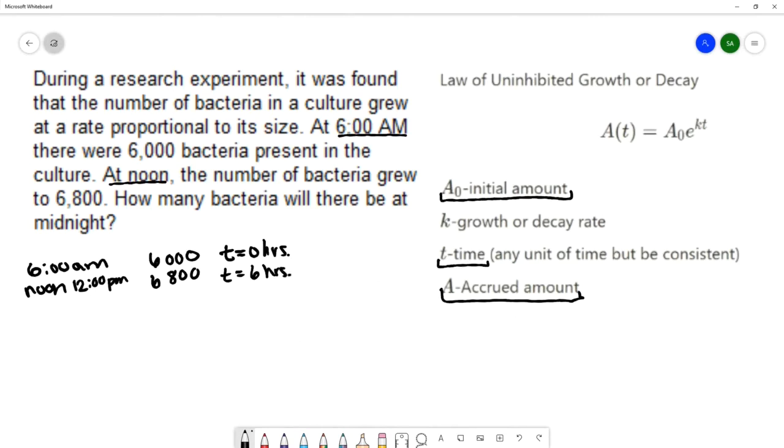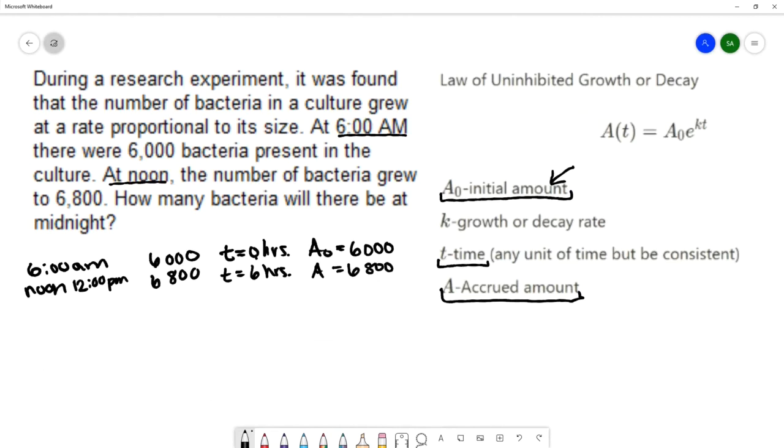And because we are using 6 a.m. as our 0 hour, we can let 6,000 be our A naught, our initial amount, our beginning amount of bacteria. And we'll let A be our ending amount,